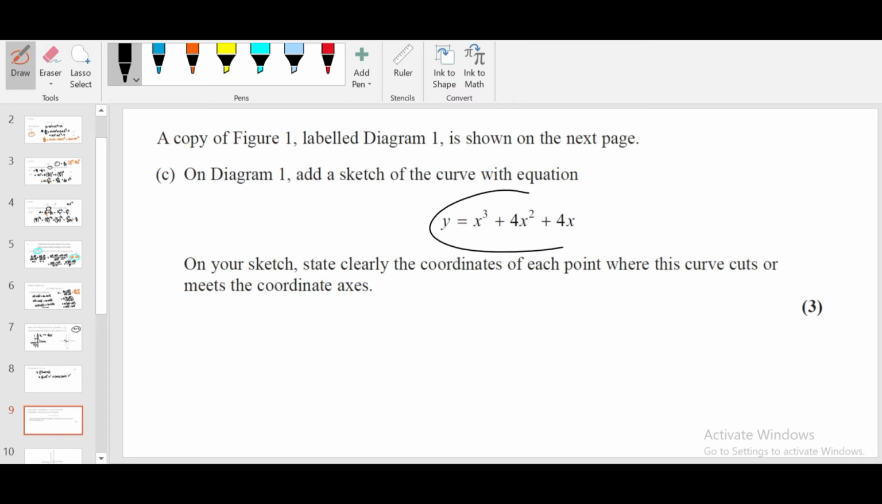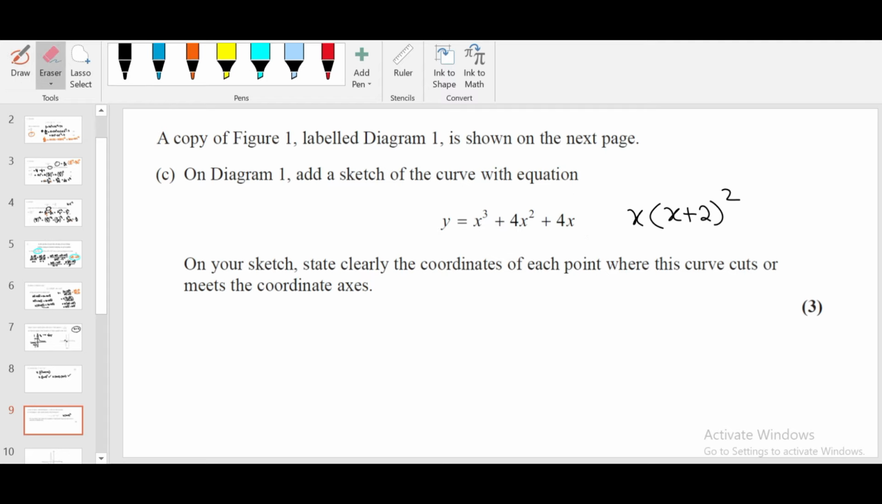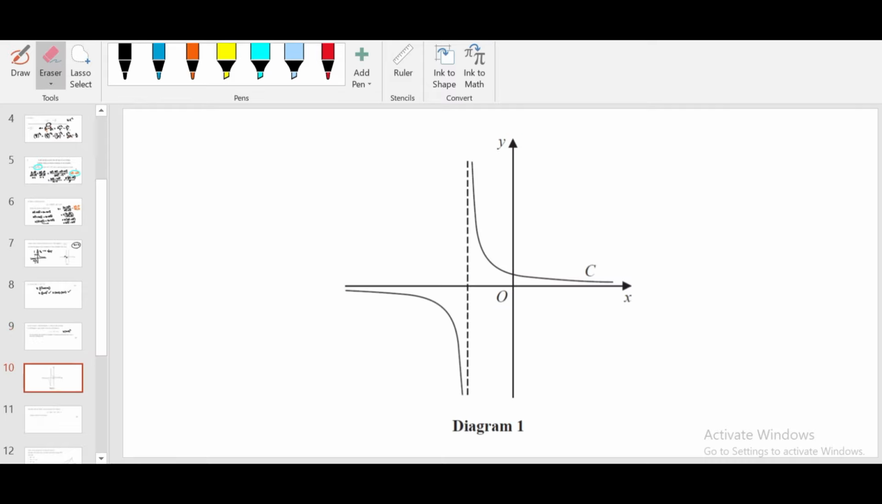We factorized this in the previous part. We got x times x plus 2 whole square, which is a cubic function. They want you to sketch the cubic function on diagram 1. There is a diagram 1 given in your answer booklet. This is the diagram 1. On top of this diagram, they want you to sketch the cubic function y is equal to x times x